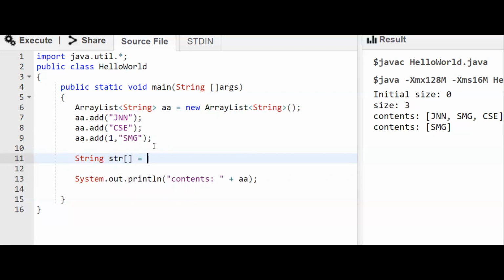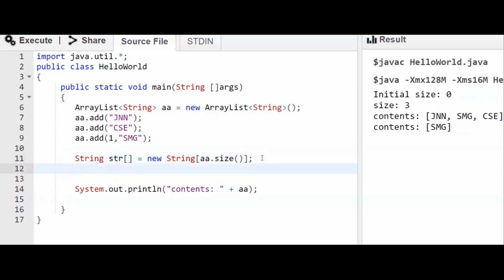When we create a string array, we need to specify the size, string, and its size will be aa dot size. Now we are calling the aa dot size method that will return the size of the array list, and that many array locations we can create for a string. So this is the declaration of the string array.